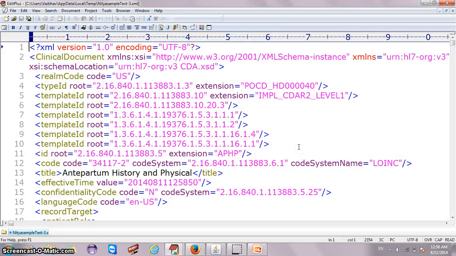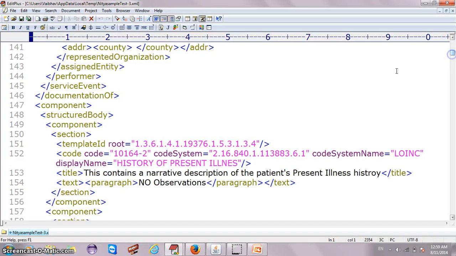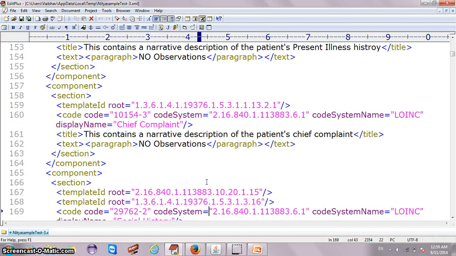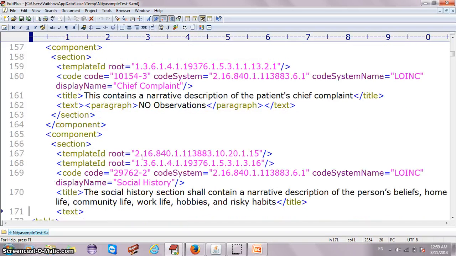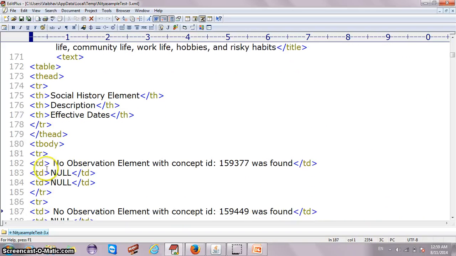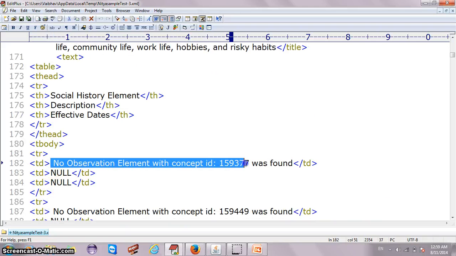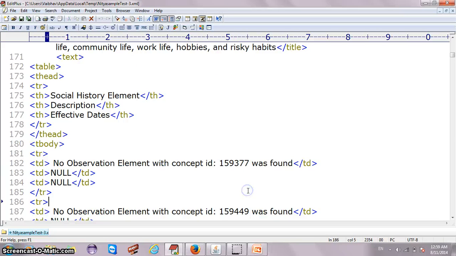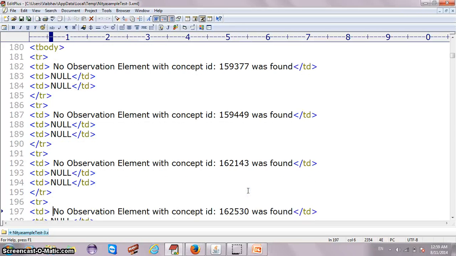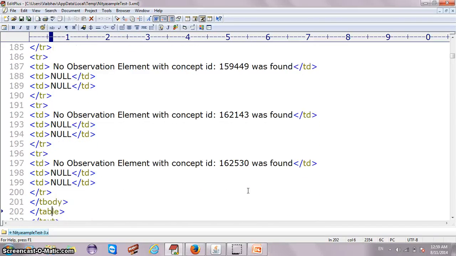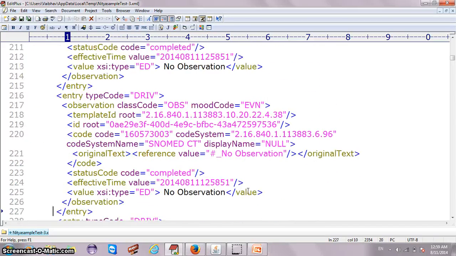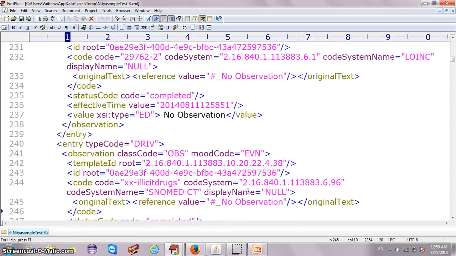So here, if you don't get any observation, a message like this: no observation. Again no observation here, then no observation with specific concept ID was found. So we generate the CDA document along with this message.